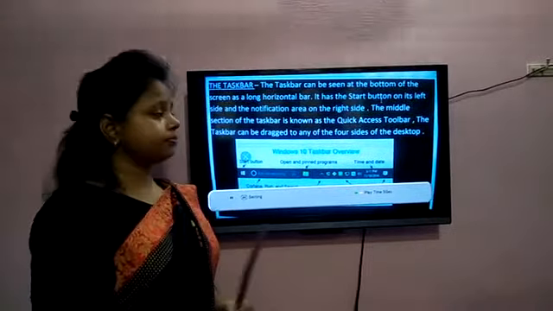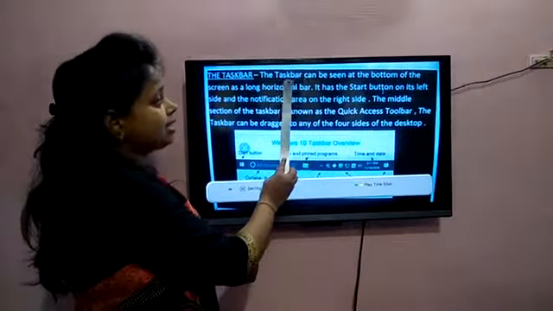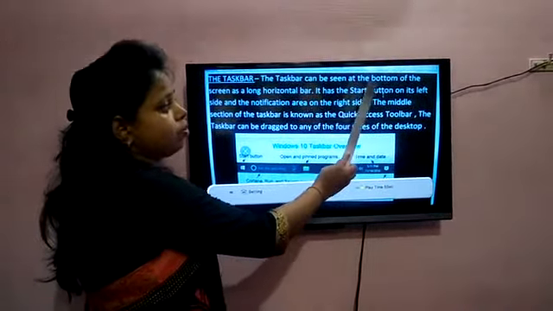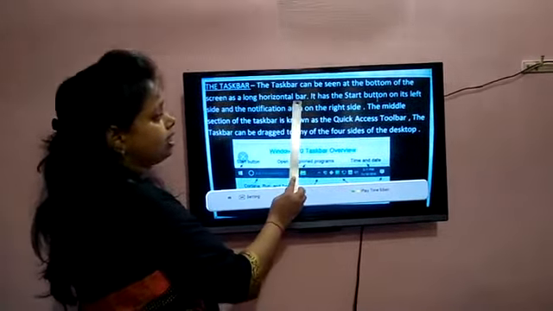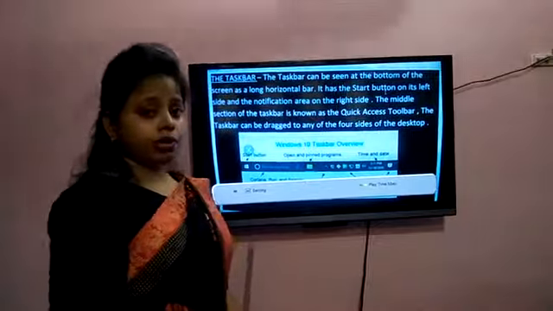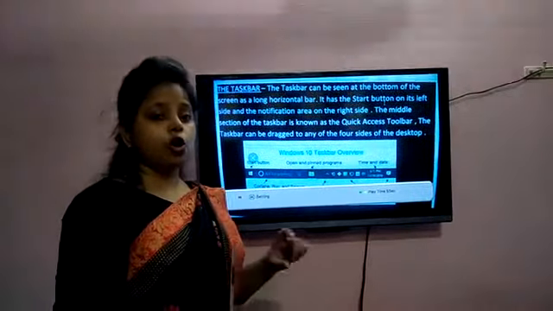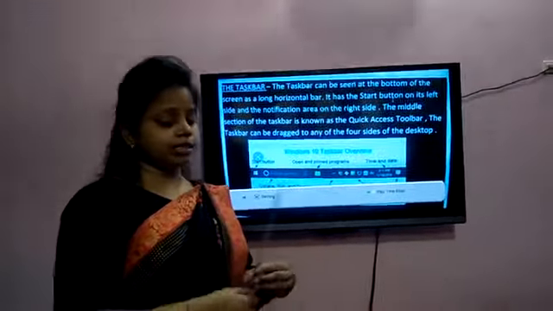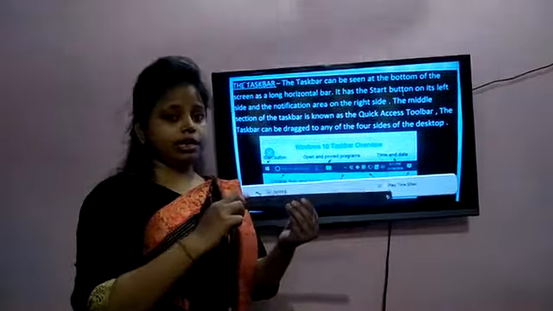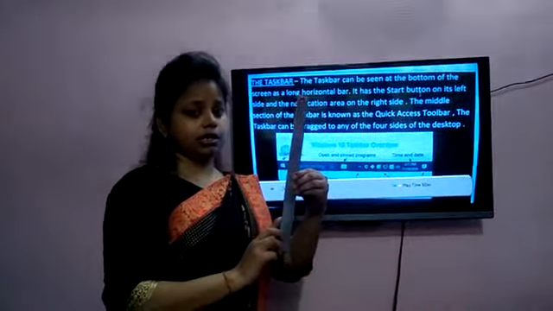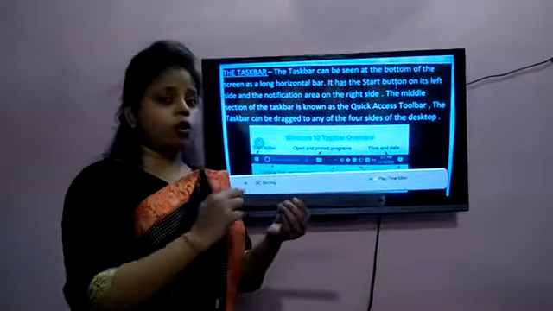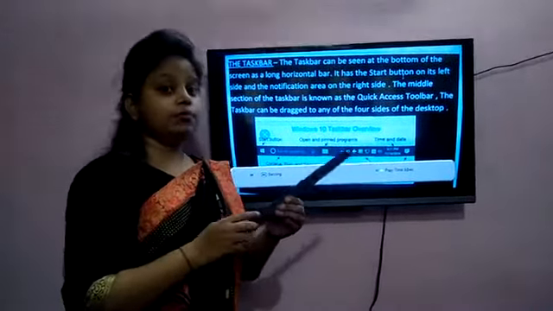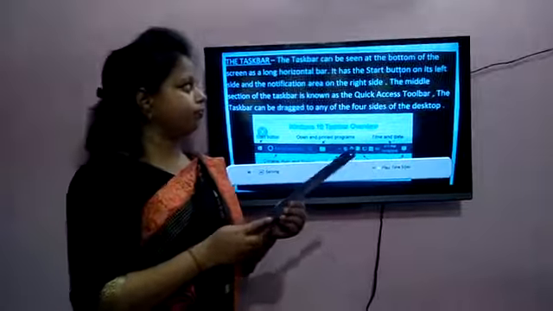The taskbar can be seen at the bottom of the screen as a long horizontal bar. Horizontal means lying flat, as opposed to vertical.